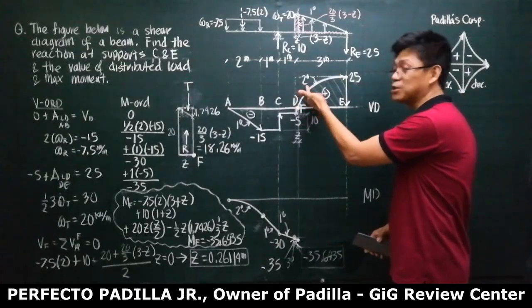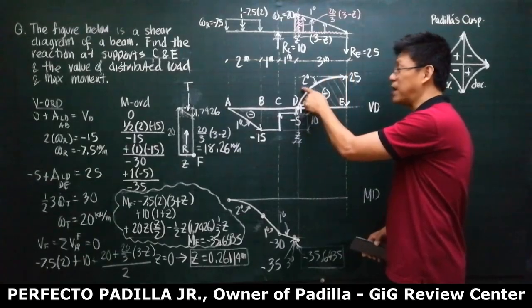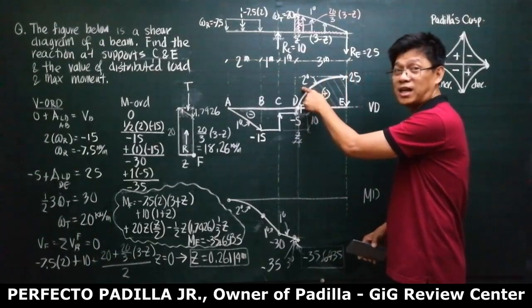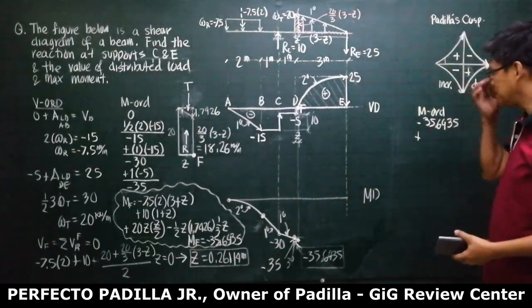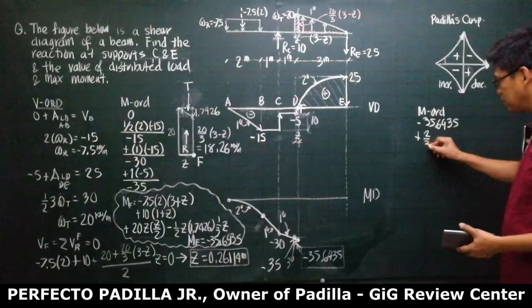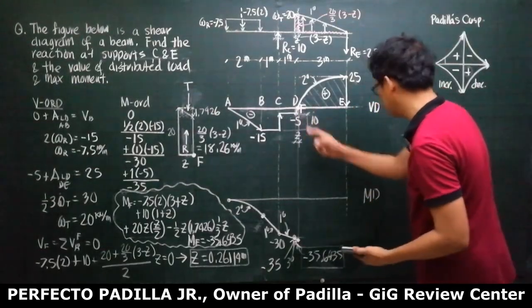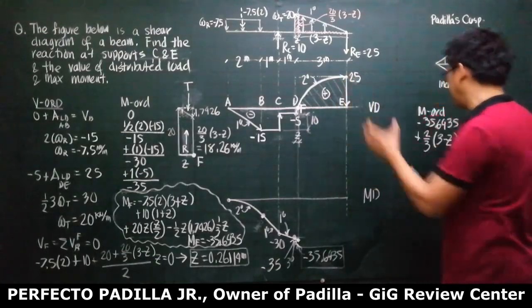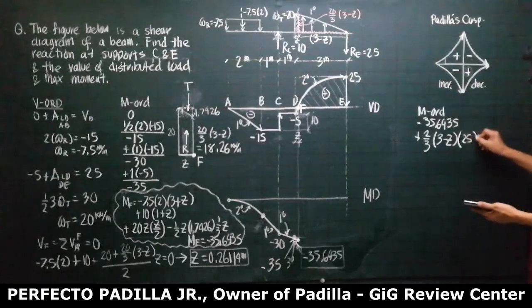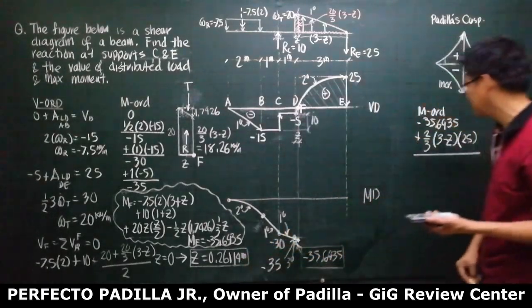But this is the spandrel, this is parabolic. So, the area of the spandrel, second degree, is 1/3 base height. This one is 2/3 base height. So, it is going to be 2/3 of the base, this is 3 minus z, multiplied by the height is 25. Computing this, substituting z is this one, you'll get,